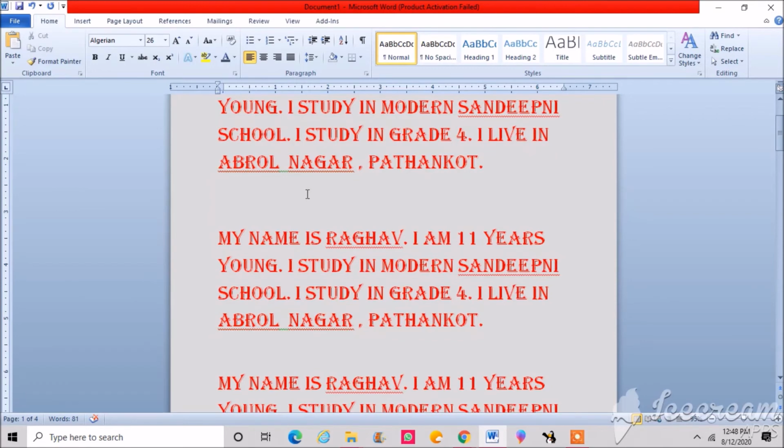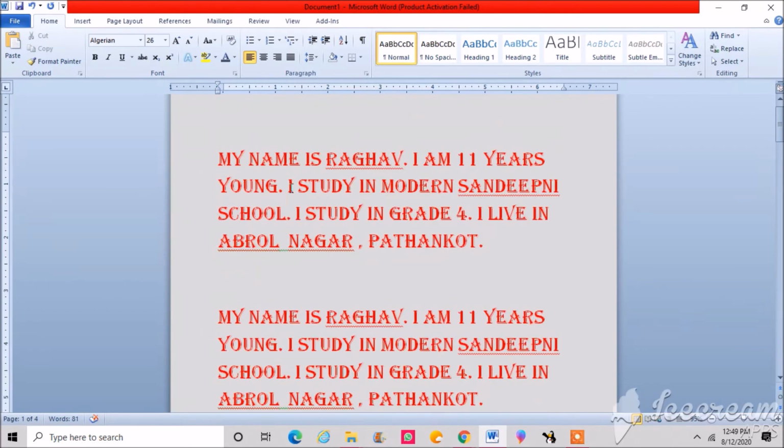Now we will learn how to change the line spacing. Now what is line spacing? It is the vertical distance between two successive lines of the text. Means between two lines, what is the spacing between these two lines? That is called the line spacing. To change this spacing,